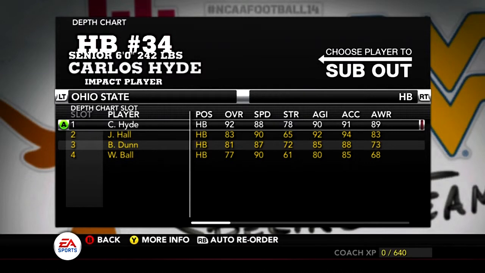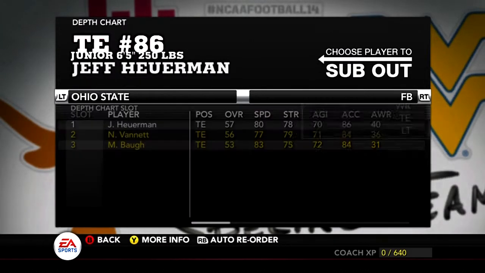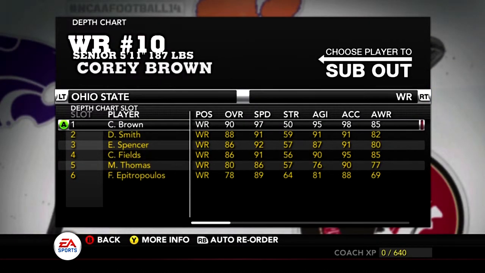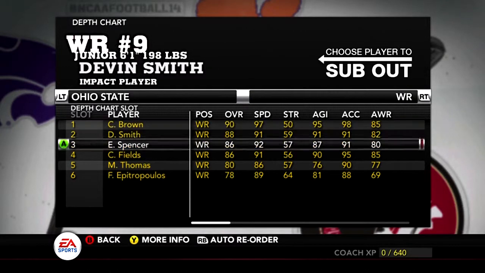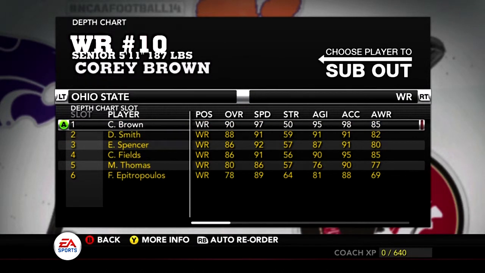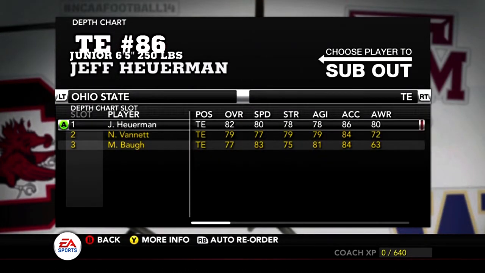So then I know I got Hyde there, halfback. I don't have a fullback, so I have tight ends playing. But I'm playing a spread offense, so you never even see a fullback in there. Lots of very good wide receivers. Spread the field out. Do a lot of read options and stuff like that. Tight ends, you hardly see them play at all. You'll see him play a little bit, but